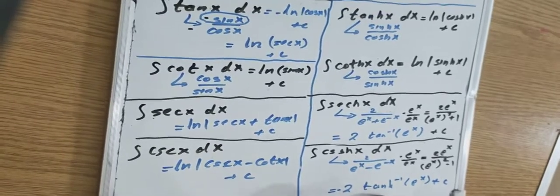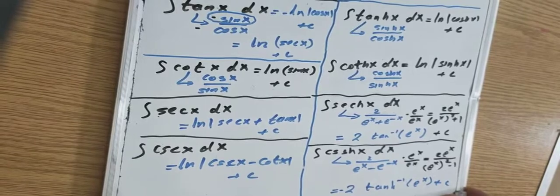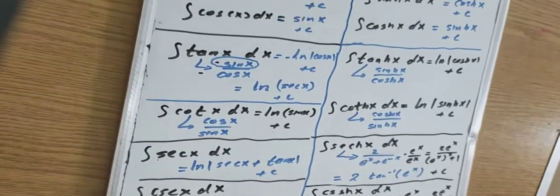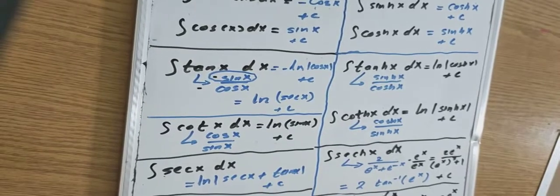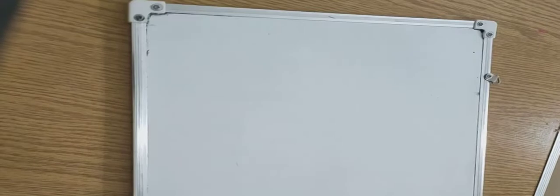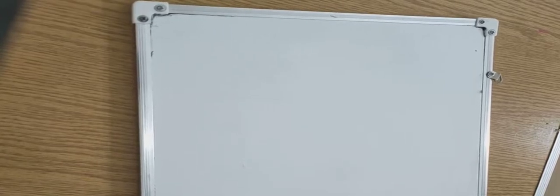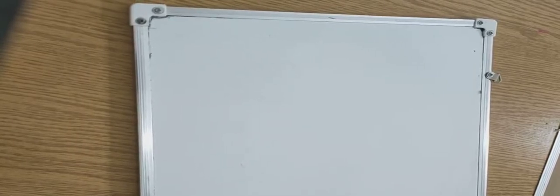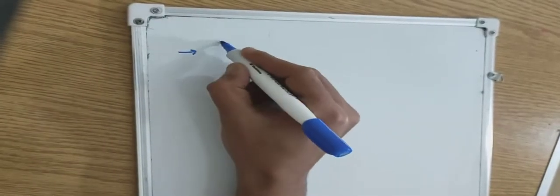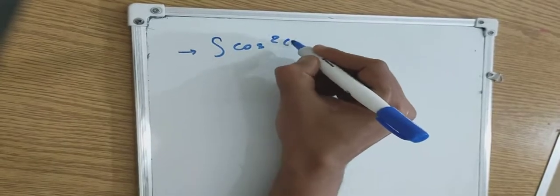Now we can integrate the 6 trigonometric functions: sine, cosine, tan, cotan, sec, cosec, and the 6 hyperbolic functions. Now, what if these functions have a power 2? That means we need to integrate the 12 functions, the 6 trigonometric and the 6 hyperbolic functions, if the power is increased to 2. So if we need to integrate cosine power 2,